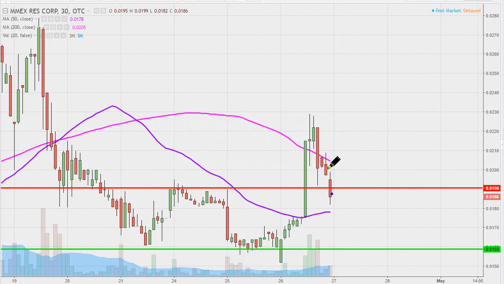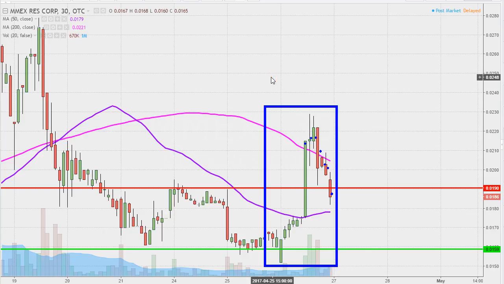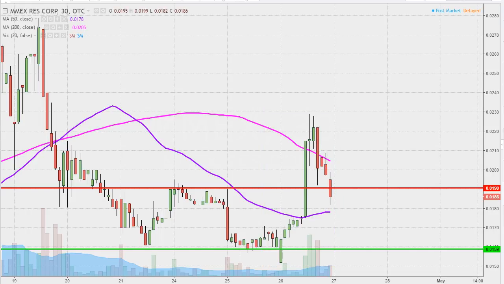Instead of each one of these candlesticks here representing 1 day's worth of price action, which is what you would normally see, each one represents 30 minutes. So while this here may look like several days worth of time, it's actually just today's price action broken down into 30-minute time slices. I like to use this time frame because I think it does a good job of telling the quote-unquote story of the price, and then makes mapping out levels of support and resistance a bit easier to see. I did this analysis yesterday, so that's where the red and green line is coming from, and a